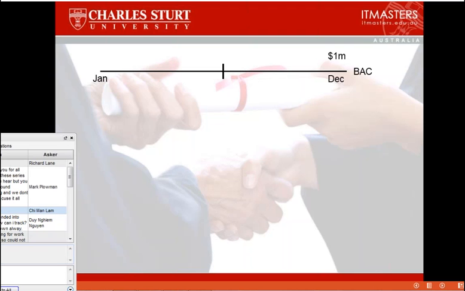Now let's say we're halfway through the project, it's the 30th of June, and we're doing a review of where we stand with our project. As I said, this is quite simplistic, but the basic principles are there all the way through. So halfway through, we will have set aside $0.5 million associated with this particular project. I should have put an M after the 5 to recognize it is 0.5 million, but not to worry.